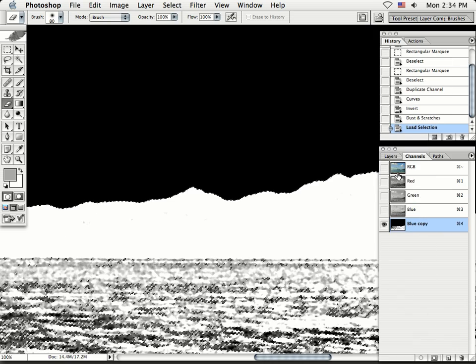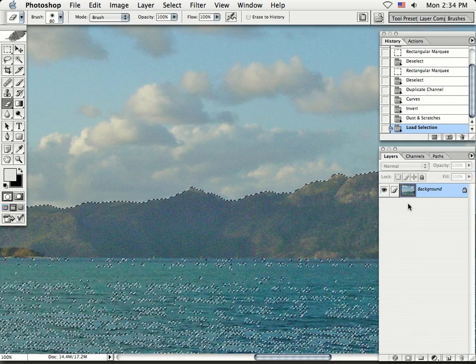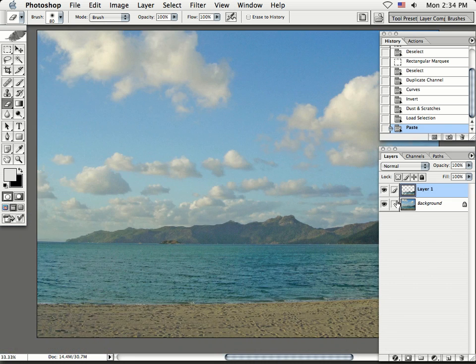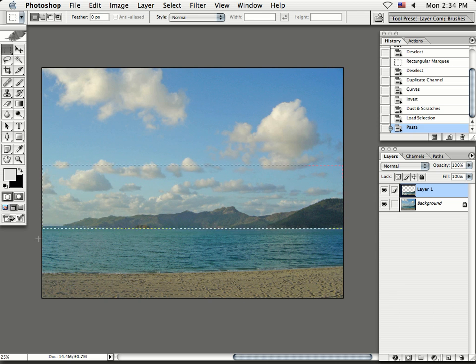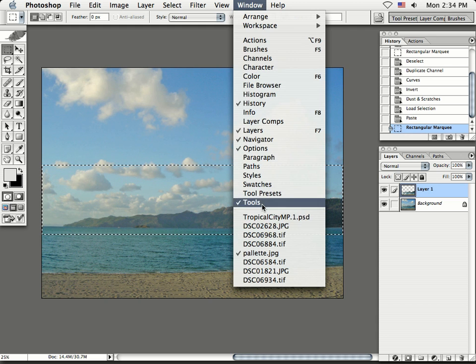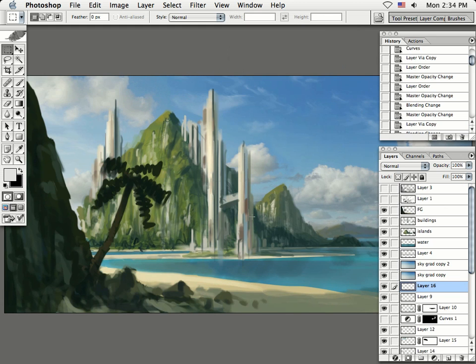Now we just make a selection of that. Go back to our original, do a copy and paste. So now we have that isolated. I'm just going to do a marquee and just select the mountains. Now we're going to copy that. Go back to our PSD and paste that in